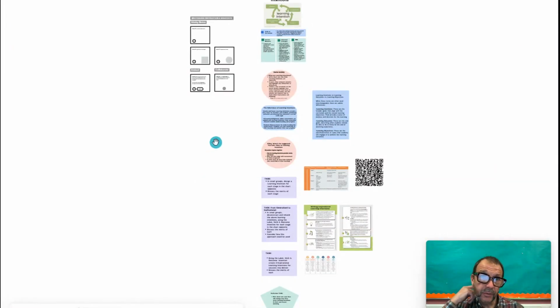Okay, so I want to just introduce you to one of the ways that I use Canva. This is a Canva whiteboard. Now, Canva whiteboard is very similar to